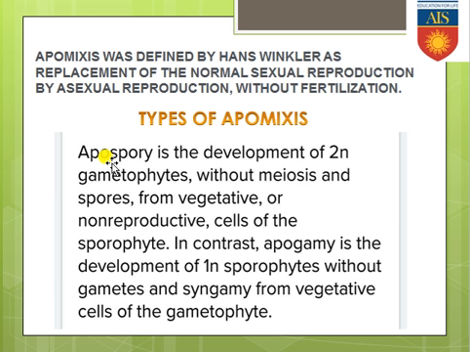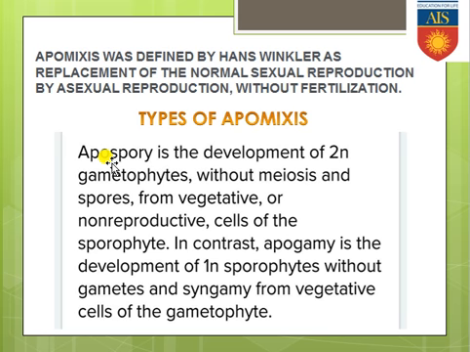Normally, the sporophytic plant body or the spores are getting converted into gametes with the help of meiosis cell division, and the chromosome number is getting halved, becoming haploid. But here in case of apospory, no fertilization is taking place, so for that reason no meiosis, and the sporophytic plant body or the spores having 2n number of chromosomes, that same 2n number of chromosomes will be present within the gametes also.